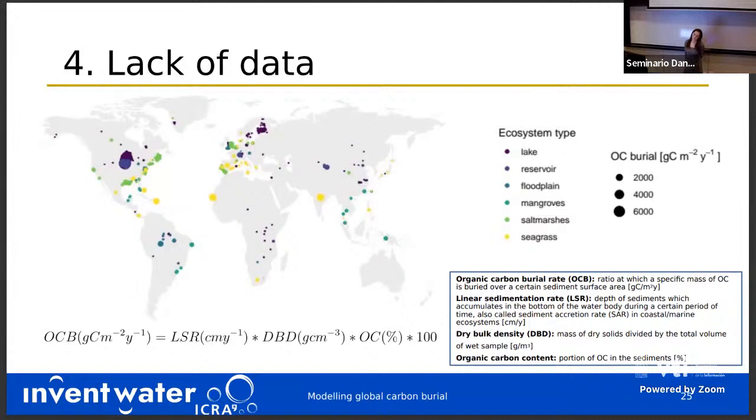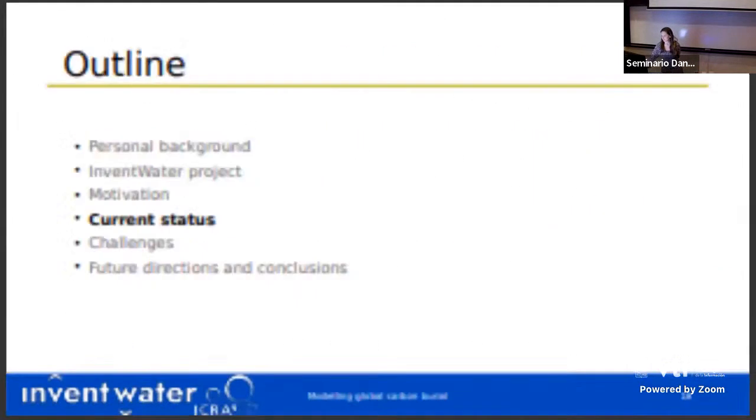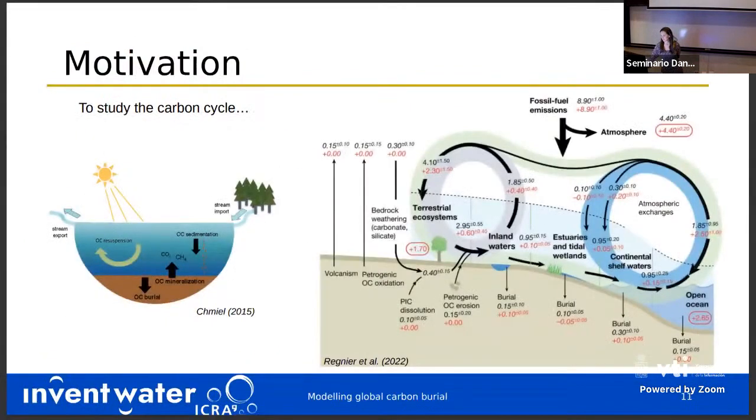So how important is the role of these ecosystems in the total burial? Or does it depend on the zone? Or does it depend on what? So maybe in some cases you can consider them, or maybe not, I don't know. Yeah, I would say that they are important because they are also one of the main exports into the open ocean, and also in the ocean there is a big space for carbon burial. So I would say it is important to study it.